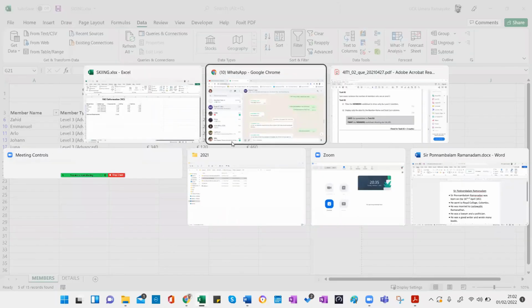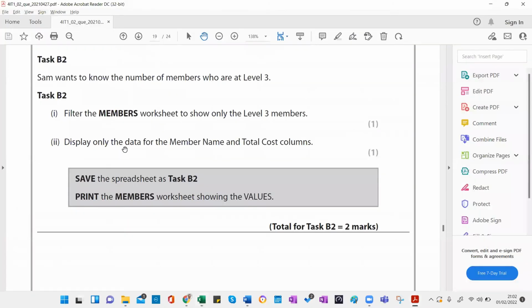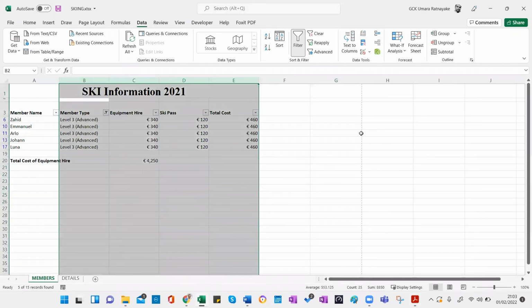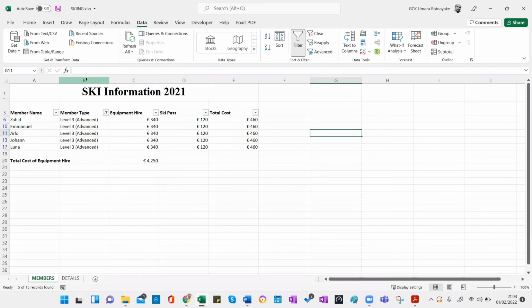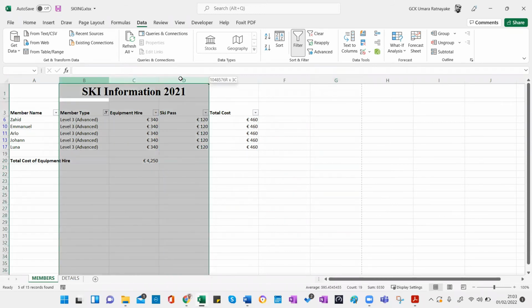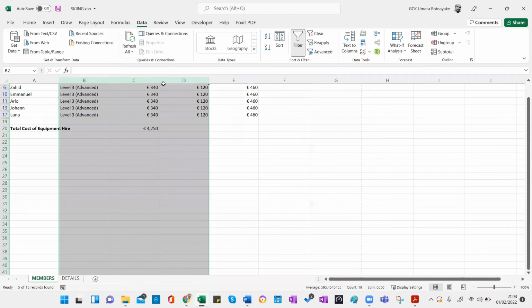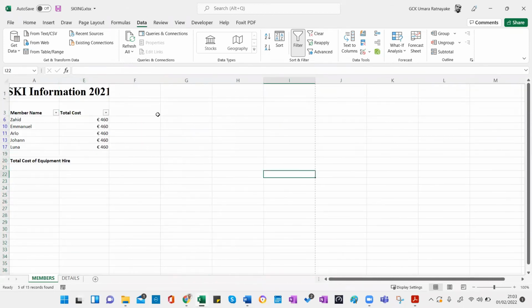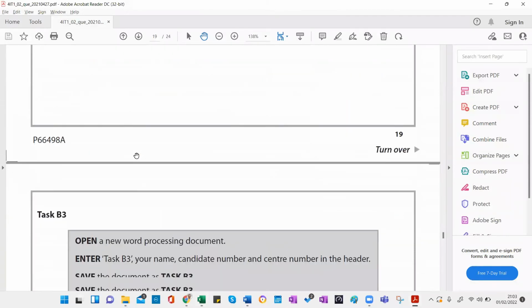Simple. Right. Display only the data for member name and total cost columns. Member name and total cost. So the other columns can be hidden. Right. So select the column headings B, C, and D, and then right click on it and select hide. That's all. Right. Okay. Finally,